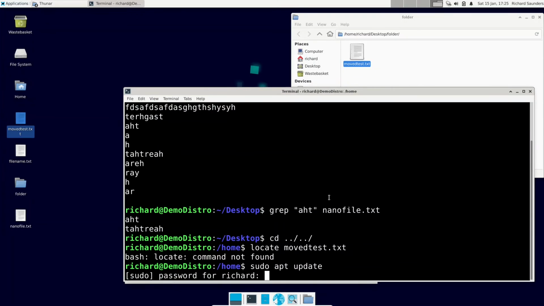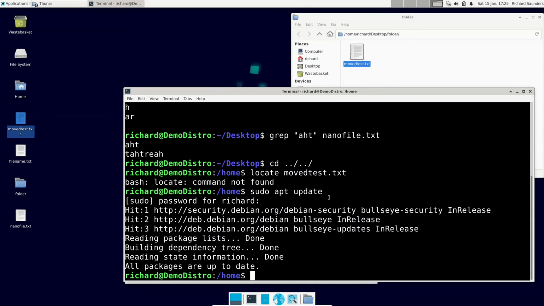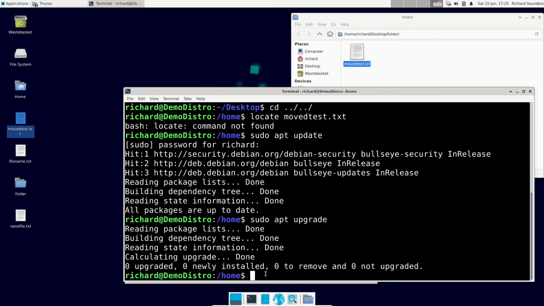So we need our password. It's updating the list. It's already been done. If you have updates to do, it will tell you here how many updates you have to do. If you want to install them, you then need to do sudo apt upgrade, and that will upgrade it. There's a quicker way of typing this in, but I did it individually so you could see the process. You could actually do sudo apt update and apt upgrade,